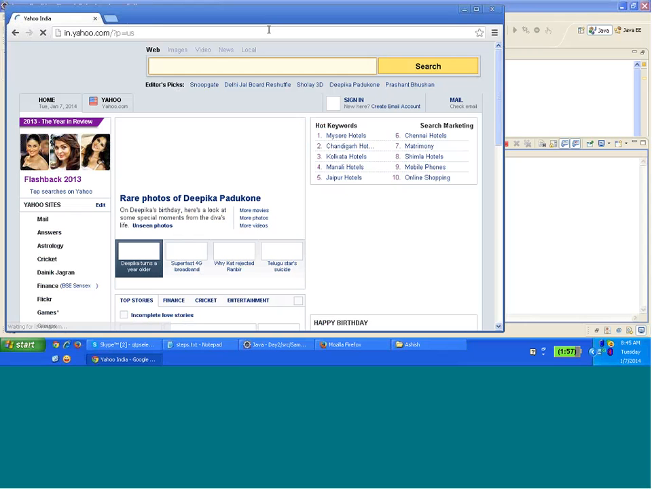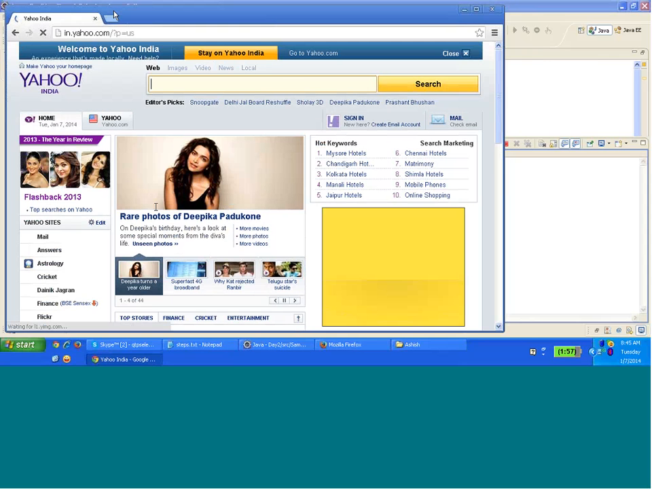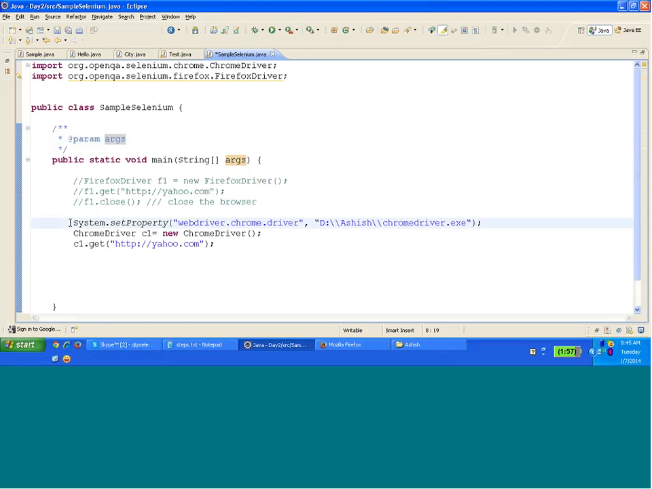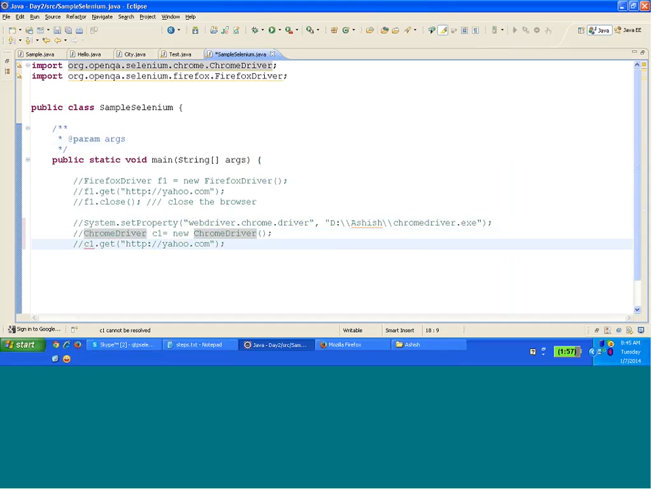You see that, right? Okay. Now similarly for IE, there is Internet Explorer driver. Fine. You have to,